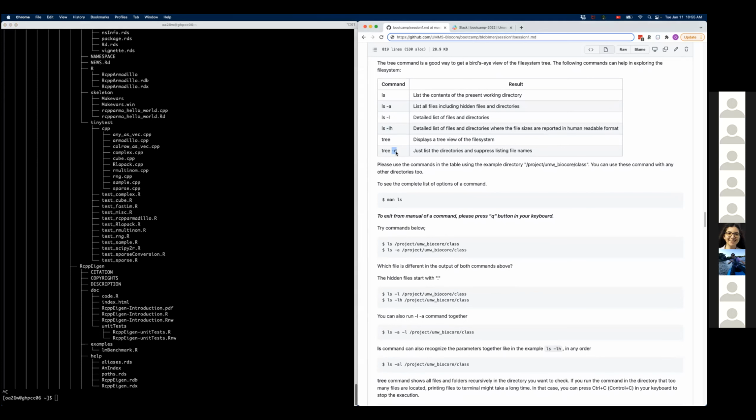And so many of the commands have options, right? And tree is one of them. If you give it the option -d, it doesn't list the files, it just lists the directories, right? So it will stop listing at CPP here, and it's not going to give us all the other stuff. But it's still going to print a lot, for me at least.